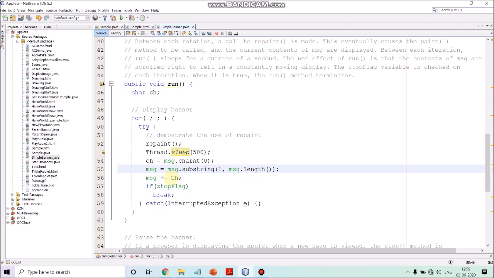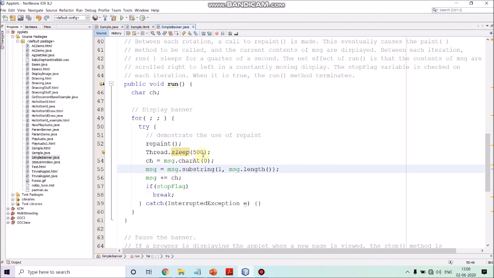And we check if the stop flag is true. If it is not true, the loop will come back and call repaint, so the message will be displayed after scrolling one character.